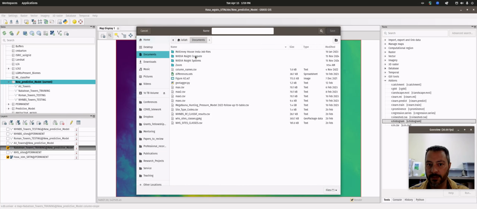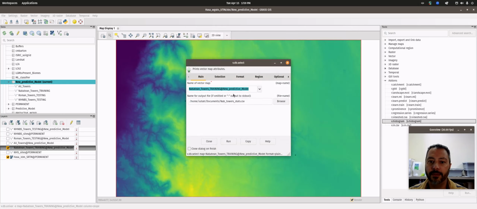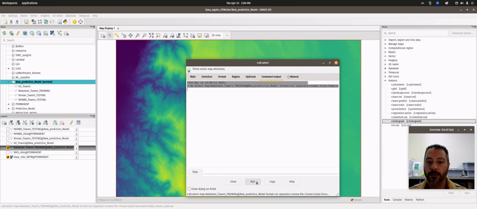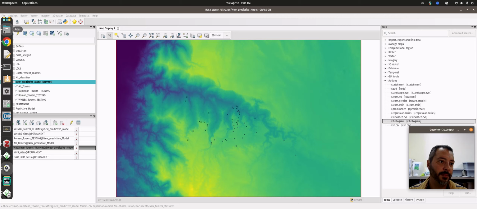I'm just going to put it into my documents for now. I'll call this nav towers stats.csv, meaning comma separated value, and I'll click save. And then before I export it, I want to go to the format tab, output format, pick CSV, field separator, pick comma. Okay, so that way the spreadsheet will just read it in without too much trouble, and everything else should be fine. So hit run,